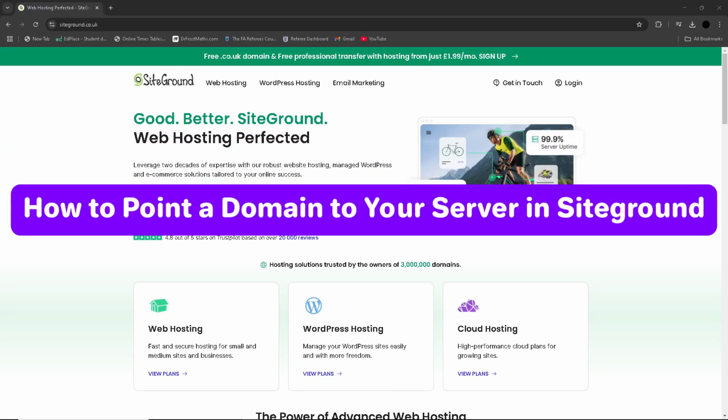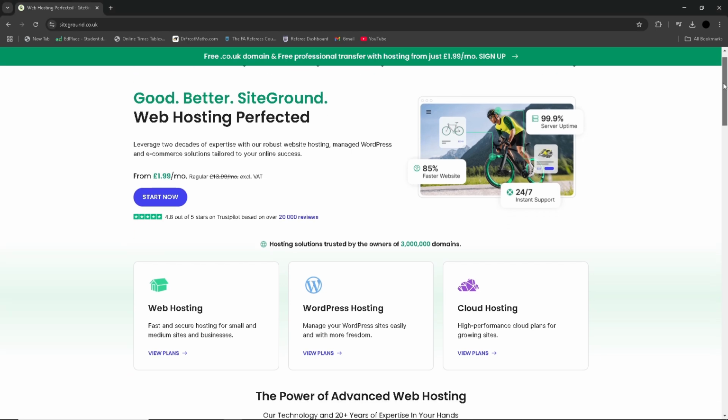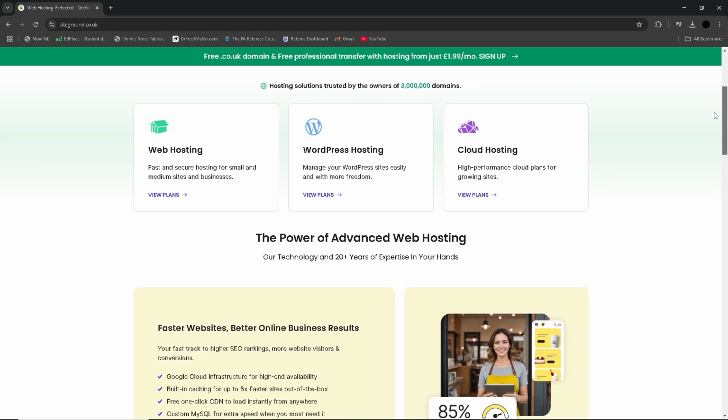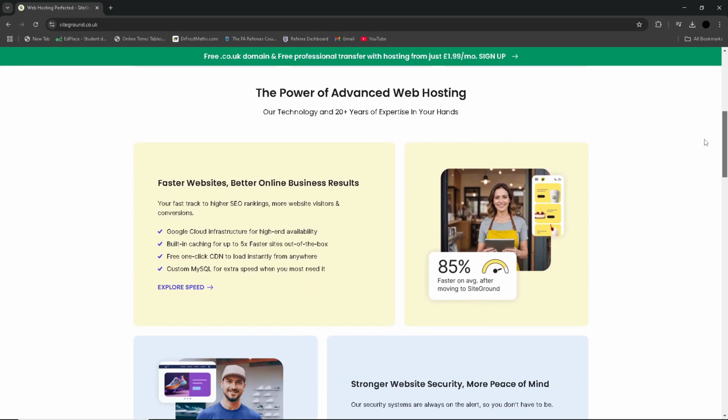In this video, you will learn how to point a domain to your server in SiteGround. First, go to the SiteGround website and enter your credentials to log in. In the SiteGround dashboard, click on Websites and then select the website for which you need to point the